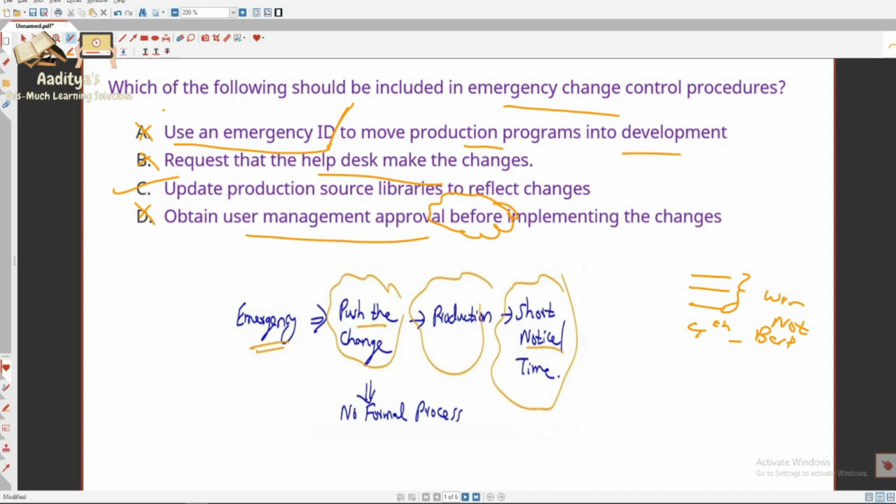First, understand the concept. So I hope that everyone has watched the video on the emergency changes, so you know the concept of emergency changes. Very important topic, change management. You know the concept. Then the second step should be to break the question as much as possible. Always, you know,